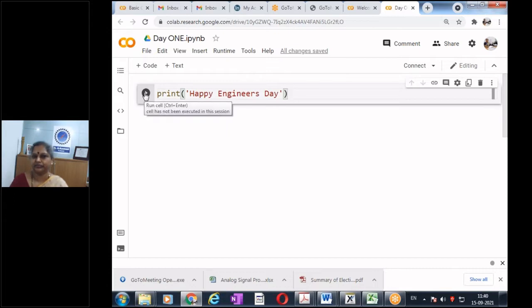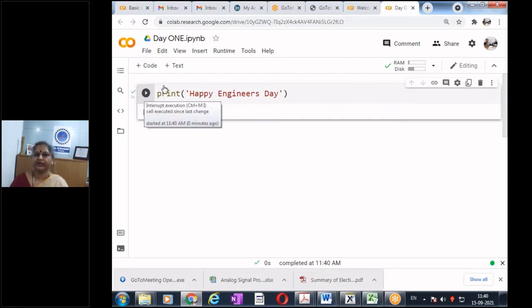Just run it, and then what do we see? The first run will take some time, and see the code has got executed, and we have the result.